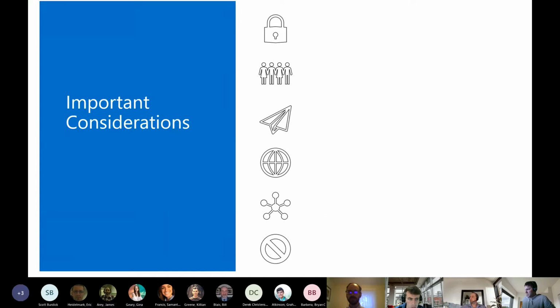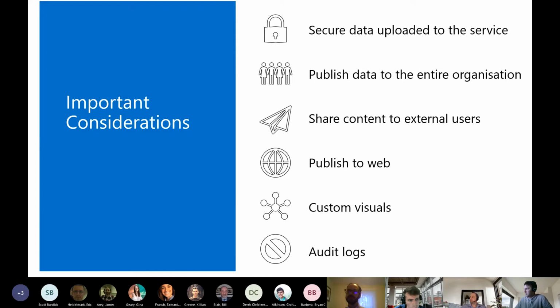I think these are just kind of the same deal. Important considerations: you want to mention that publish to web one, whether that's on or off, and what custom visuals you're allowed to use in your organization. Pretty much what I mentioned on the other side, just some important ones to immediately turn your attention to. We've seen scenarios where organizations have the publish to web feature on, and the Power BI service admin has no idea. So that's why that one's on here. Definitely a red flag to immediately check.